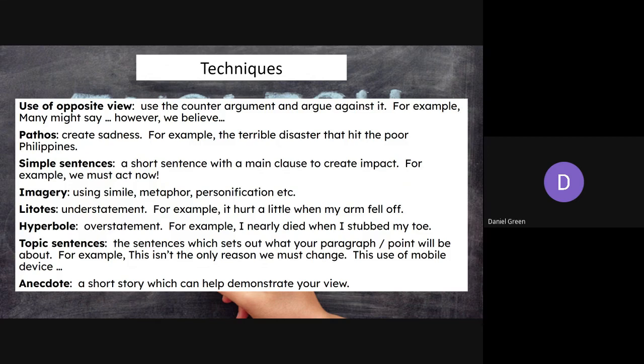Hyperbole is overstatement. You know hyperbole, you probably didn't know litotes though. So hyperbole, "I nearly died when I stubbed my toe." Again, it's a useful kind of phrase to use. Overstatement is always engaging. Topic sentences, which is something I talked about earlier, set out what your paragraph will do. "This isn't the only reason we must change." "The use of a mobile device..."